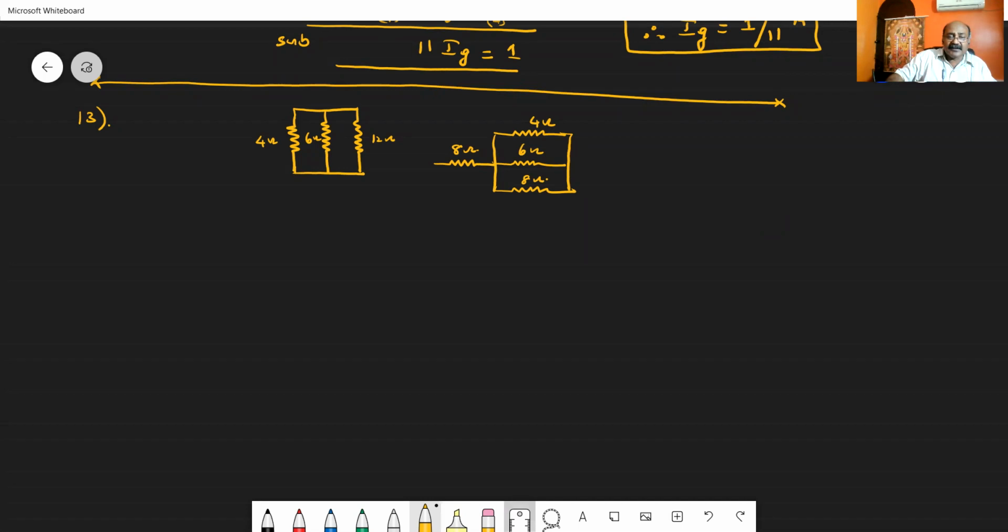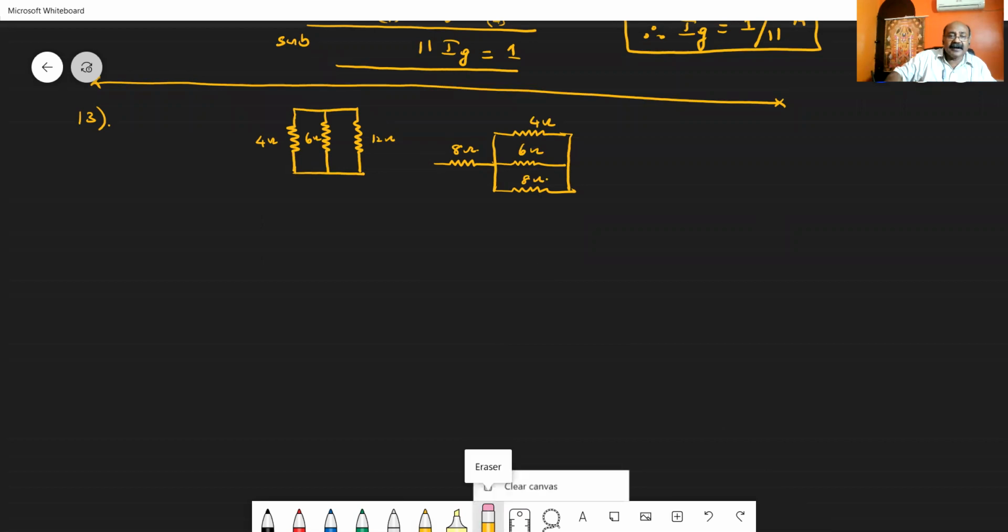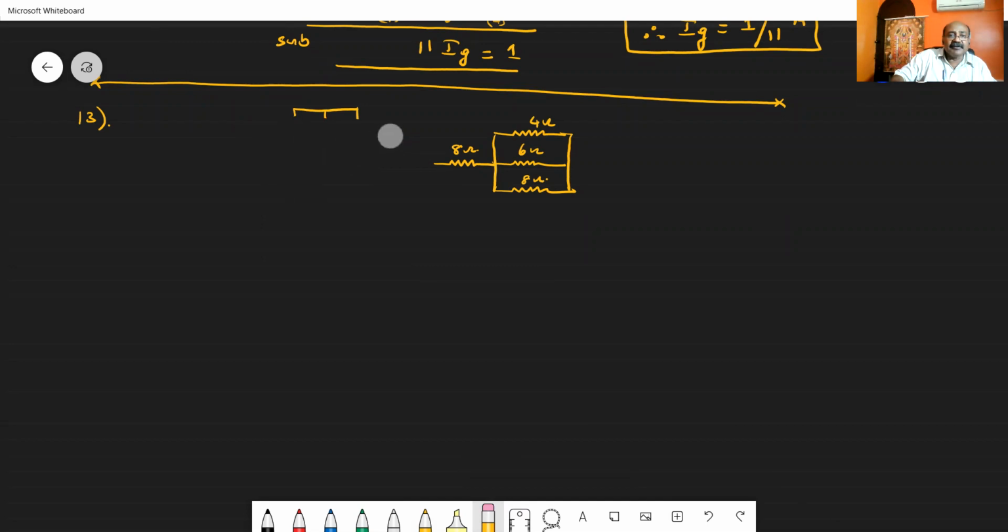So I can rub this one. If I am rubbing this, I can get some space. Okay. So here we are having 2 cells in series. One cell having EMF of E1 and another cell having EMF of E2. So 2 cells in series are considered to have a potential difference or EMF of 5 volt each, in series with the 8 ohm, and 4, 6 and 12 ohm connected in parallel.